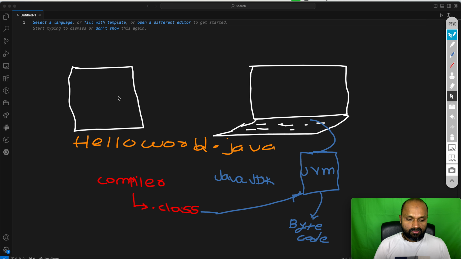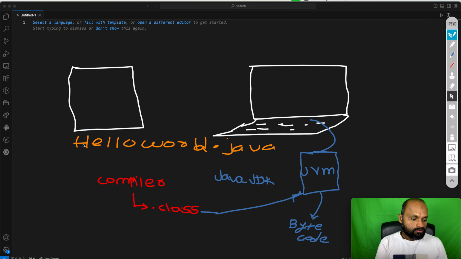That is good, but this is in plain English. How can the computer understand this plain English? A computer can understand only bits and bytes, ones and zeros. So there should be someone on this machine that can understand this code and then convert that into machine code. That's where the compiler comes into the picture. This is a Java compiler. So when you install Java JDK, that has both the development kit and also the runtime. It comes with a Java compiler, all of that.